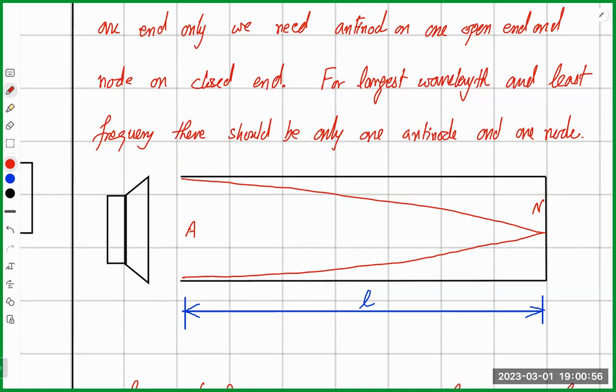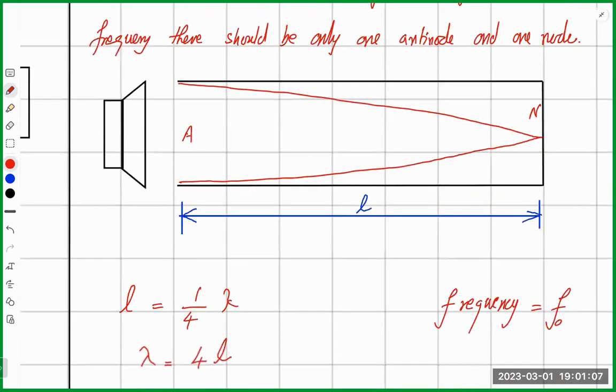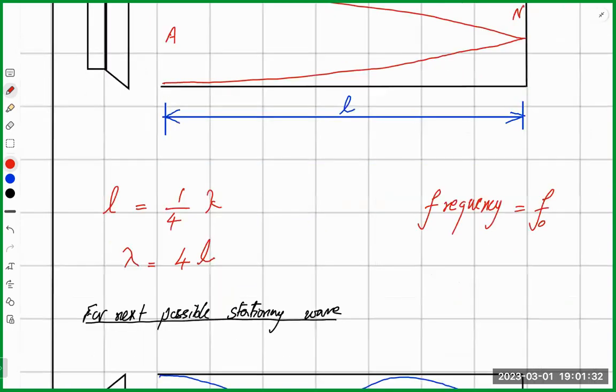Now, node to antinode, in terms of lambda, how many lambdas are there from node to antinode? Quarter. Yes. So length will be equal to a quarter of lambda. Lambda will be equal to 4L, and this frequency will be taken as the fundamental frequency for this example. If we increase the frequency or decrease the wavelength, this phenomenon of stationary wave will disappear because there will not be an antinode on the open end. But if we gradually keep increasing frequency and keep decreasing wavelength,